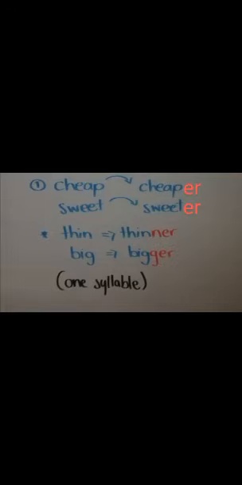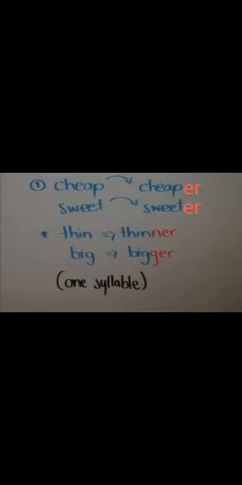But there is an exception, or not an exception, a specific rule. When you have short one-syllable adjectives like thin or big, you have to do something different, as you can see in the picture. So you say thin, thinner, big, bigger, but with double N and with double G. Why is this important? Because we are following another rule. Within the same rule to add ER, we have this variation, okay? How are you going to check this variation? If you check thin, at the end of the one-syllable adjective, you have